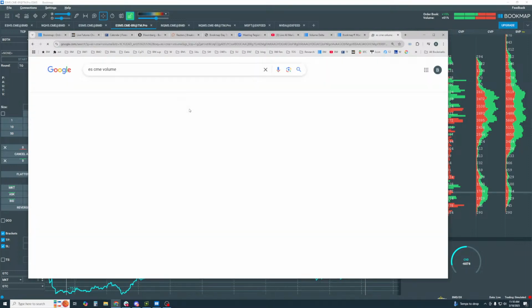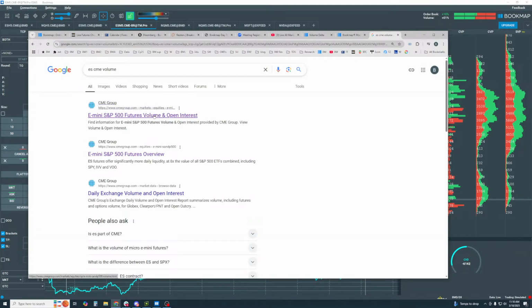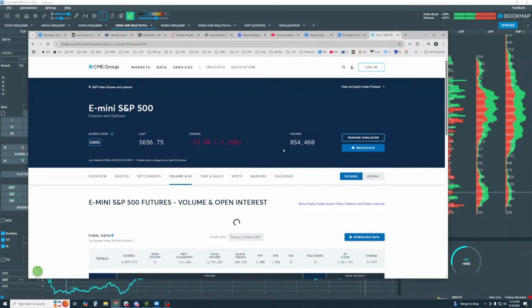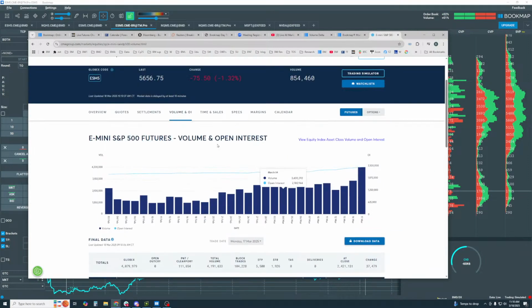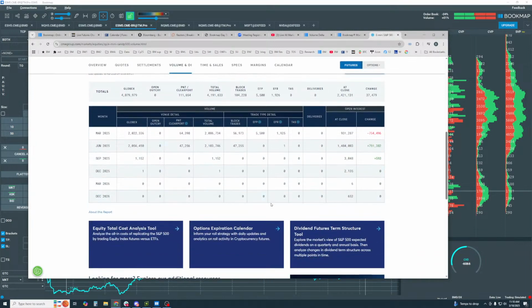ES CME volume, and then we'll go to volume and open interest from the CME contract spec. And the volume should have rolled over by now. Yeah, just rolled over, as you guys can see. So we should be trading the June contract now for sure,